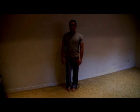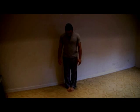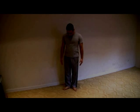We're going to try right now a classic ballet turnout. So what I want you to do is keep your feet together, heels together, toes together. You would keep your heels together and turn your toes out. You may only do 90 degrees. You may do 100 degrees. You may do 75 degrees. But whatever you can do,